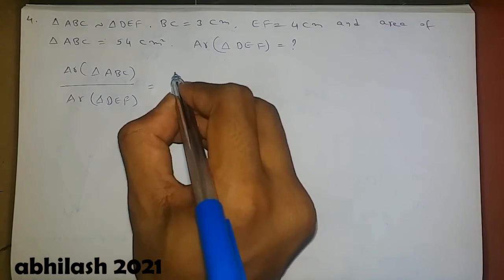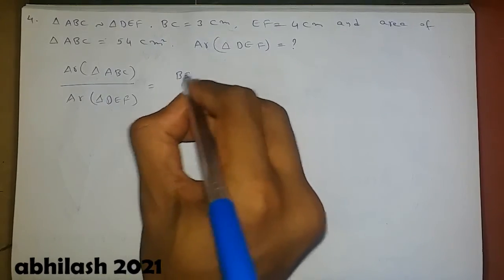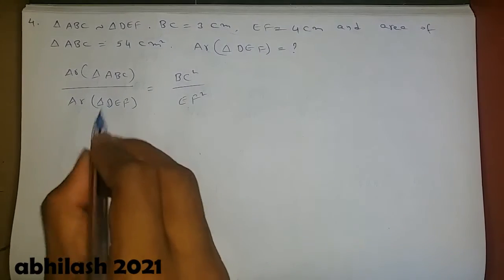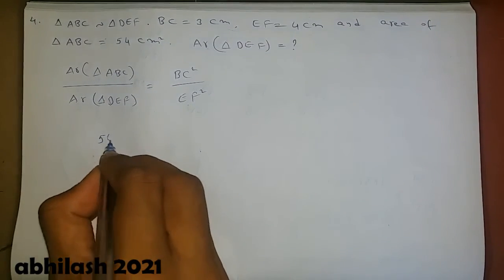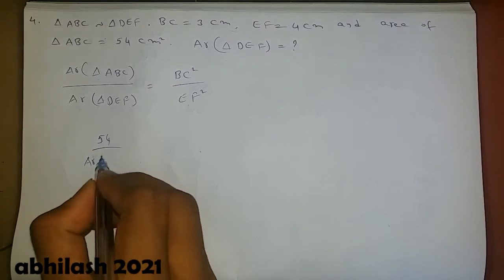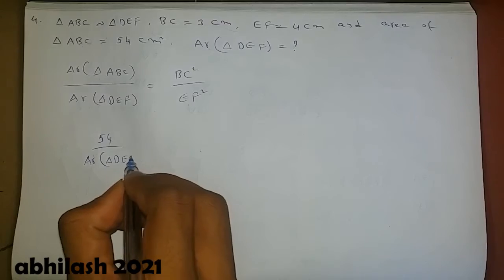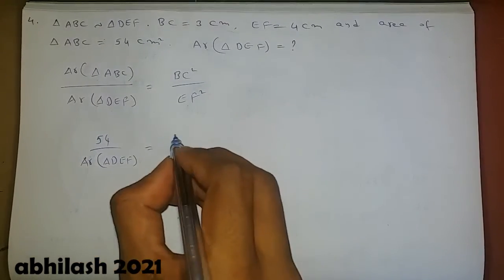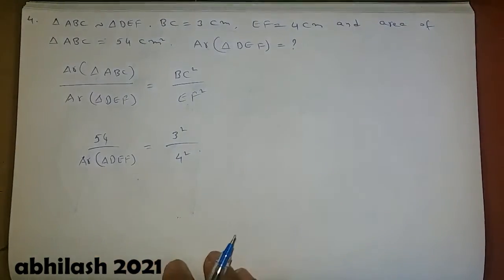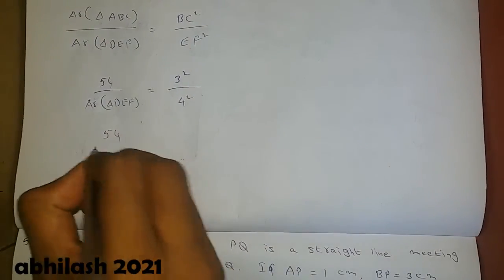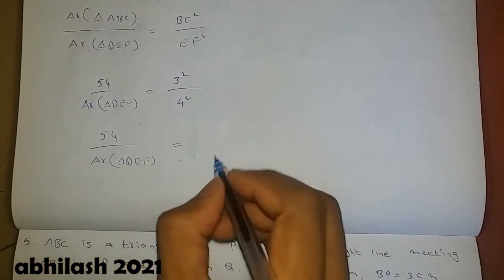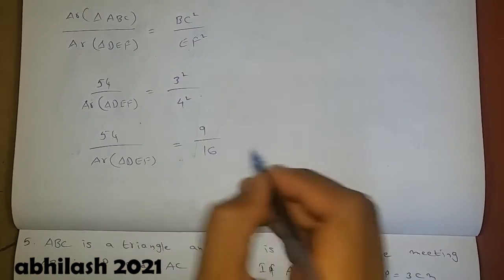corresponding sides. Here the BC side is given, so that's why I am taking BC square. The EF side is given, that's why I am taking EF square. So now the area of ABC is given as 54, divided by the area of triangle DEF, which we need to find out. So I am writing it as the area of triangle DEF is equal to BC, given as 3, so 3 square, by EF, given as 4, so 4 square. Now 54 divided by the area of triangle DEF is equal to 3 square is 9 divided by 4 square is